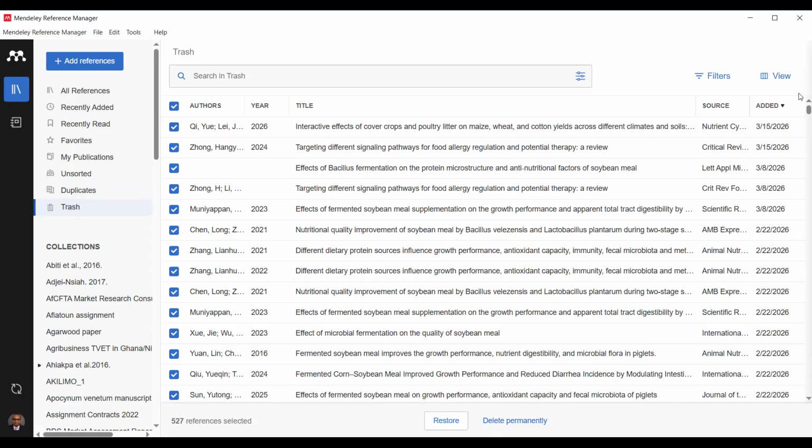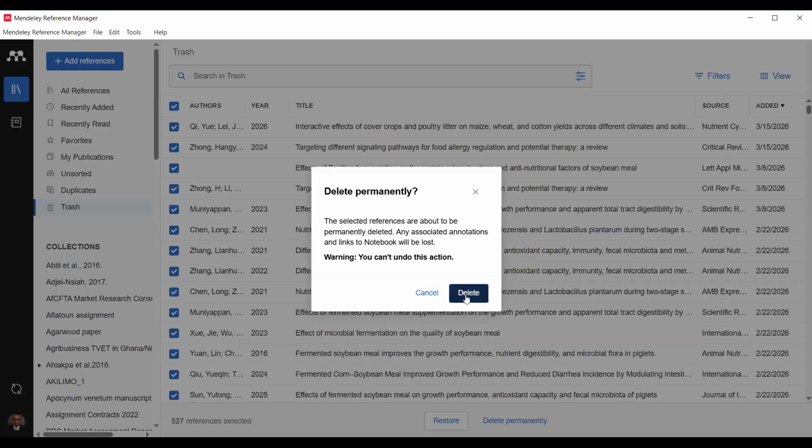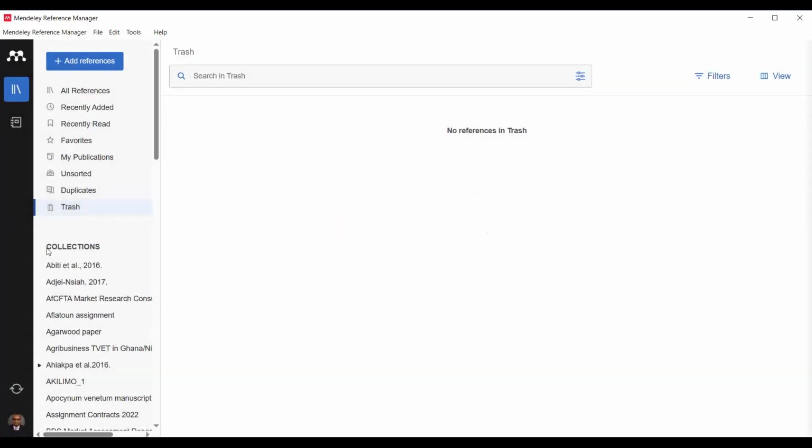So when you come here, you can either delete them permanently or restore them to their original locations. I want to delete them permanently, so I click on delete permanently to clear them. So my trash can is actually empty now. Okay. Now let's look at